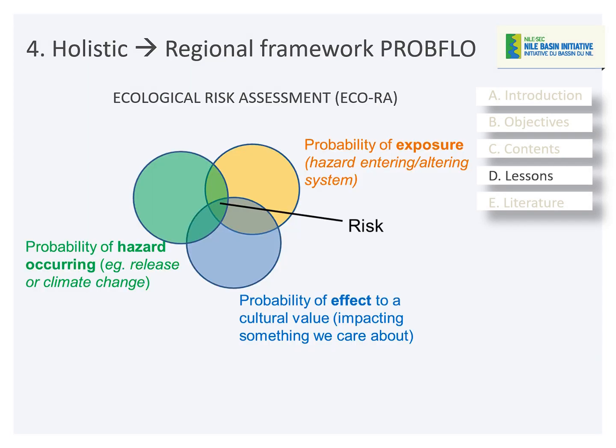Then we move on finally to PROBFLO. PROBFLO is a holistic environmental flow assessment method that was developed through regional scale ecological risk assessments. Based on the regional scale ecological risk assessment approach, PROBFLO was developed. And the value of PROBFLO, which is quite unique, is the ability of the method to evaluate the probable risk and associated